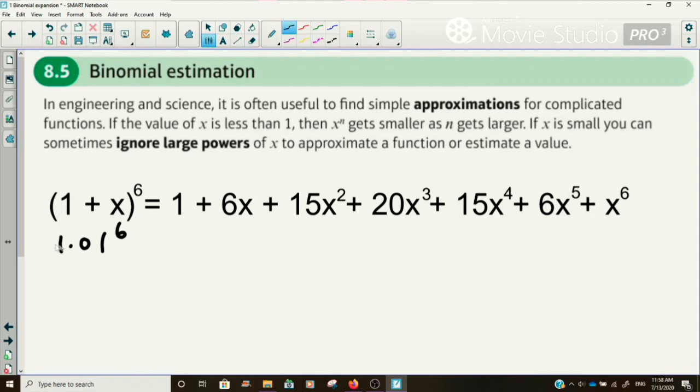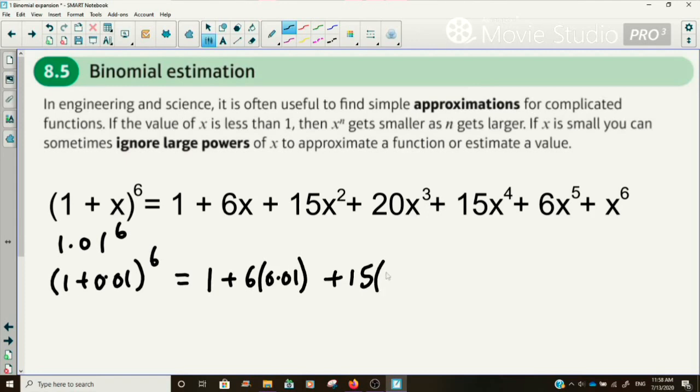So if we write 1.01 as 1 plus 0.01, then 1.01 to the power of 6 we can calculate by substituting 0.01 for x in our binomial expansion. Okay, so if we go ahead and do that, just replacing x with 0.01,